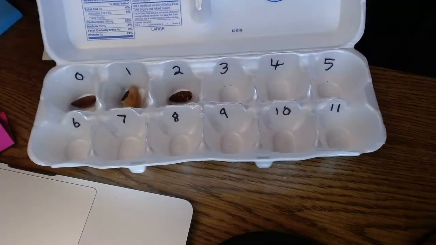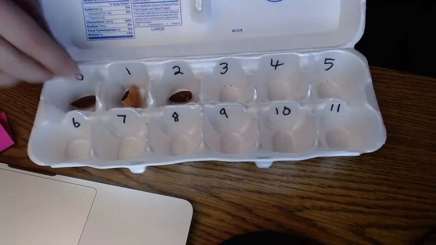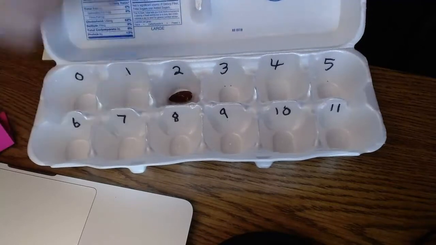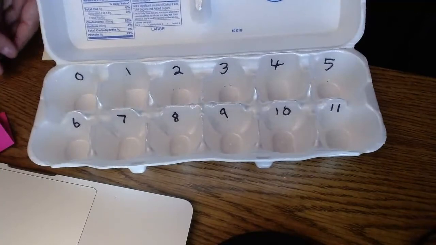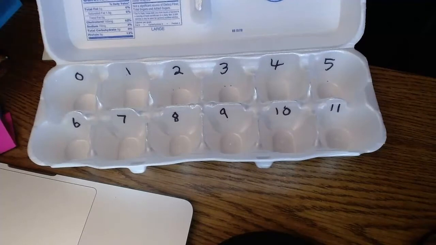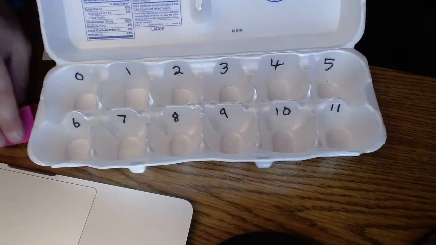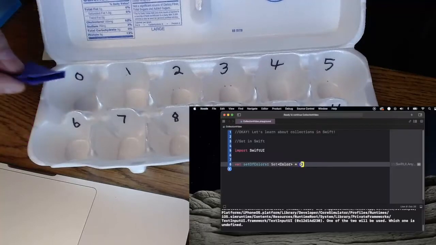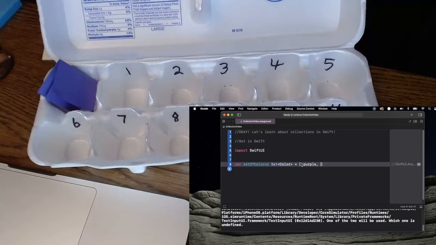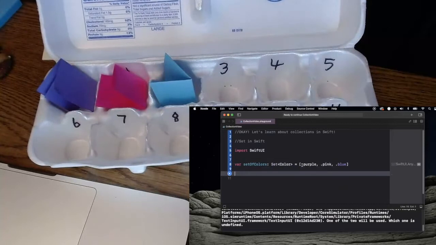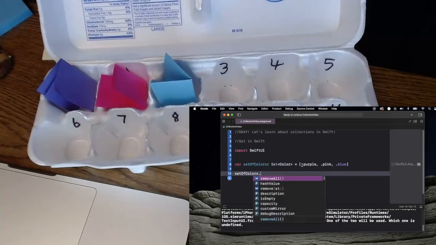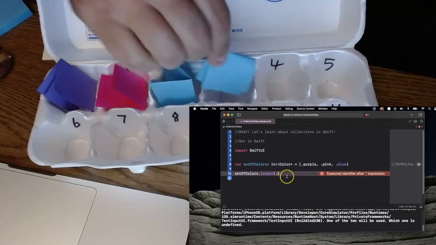Other thing that's interesting, let's talk about sets really quick. So usually we use arrays and dictionaries, but there's this other thing called a set. And a set, I like to think of set like if you're collecting something. Let's say you're collecting colors and you want a complete set of colors, right? So here we've got purple, cool, and then we add pink, cool, and then we add this blue color, cool, and then we go to add this blue color, and it's like, wait a second,